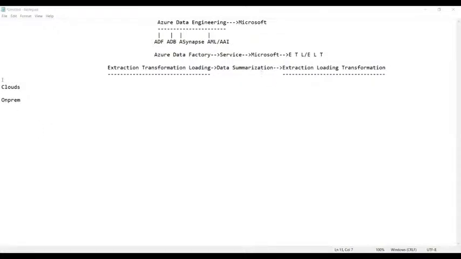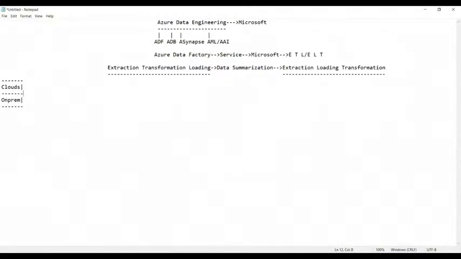Before we go ahead, guys, I wanted to know first of all from you, what is the difference between the clouds and the on-premise, do you know it or not? Need not hesitate, everyone.